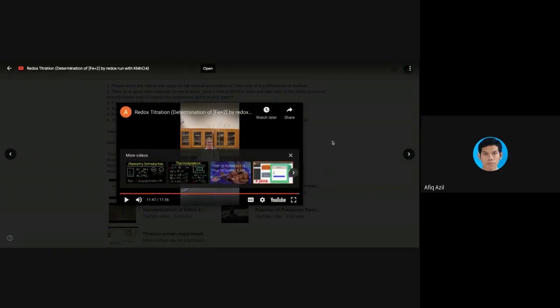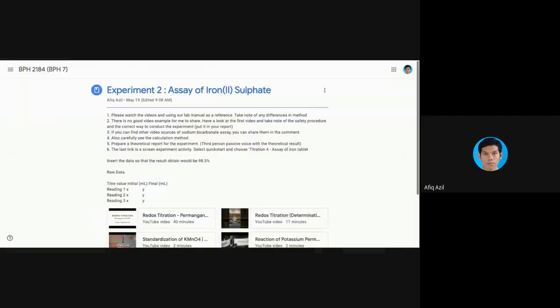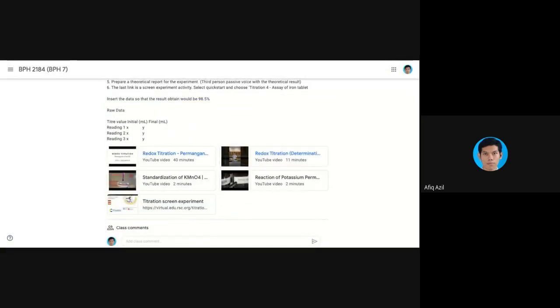Okay, so this is a very good explanation basically on the experiment, and she talks a lot about the precautions that you need to take care of during the experiment. Like when you want to prepare the potassium permanganate solution, the way you put the potassium permanganate into the burette, you need to wash the burette, like I said earlier. In fact, she said to wash it at least 3 times,